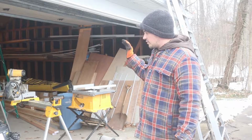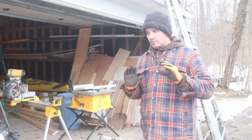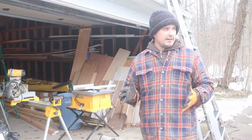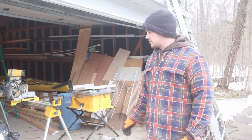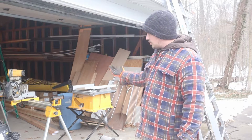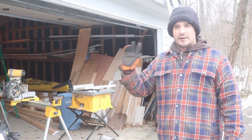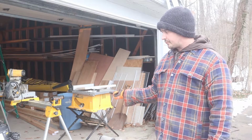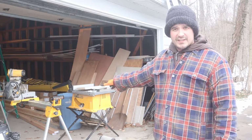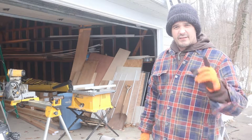I got 2x4s in here, chunks of wood that can be burnt, so it's not that cold out right now. It's like 30 degrees, give or take, and I'm just going to pull my saws out and build a set of sawhorses that we need for another project coming up. So instead of moving this stuff and building again, we're just gonna go get some measurements off of another set